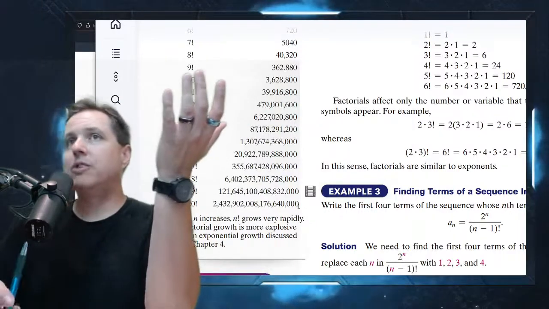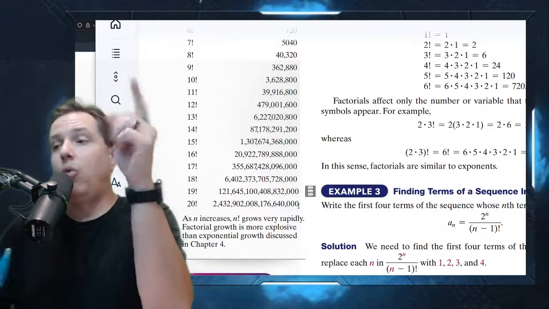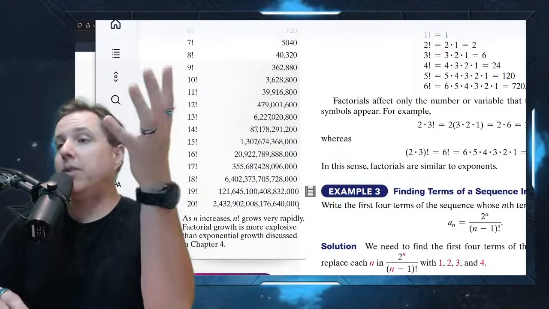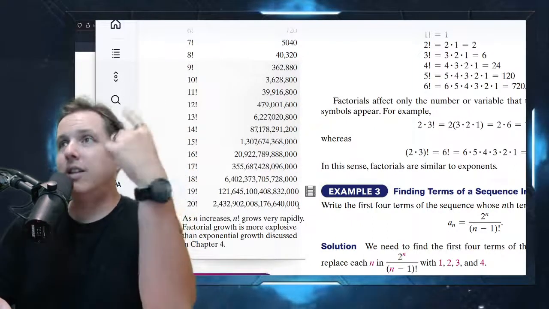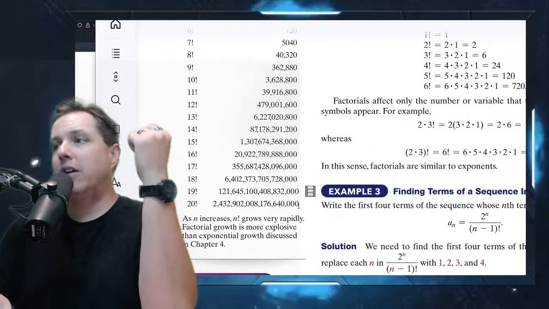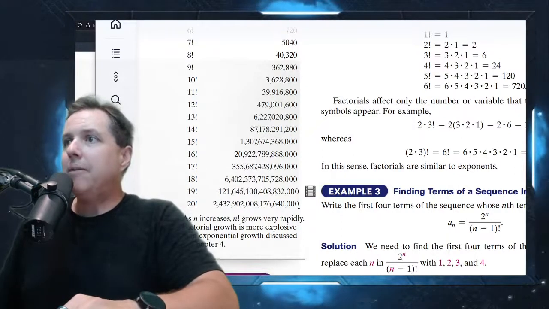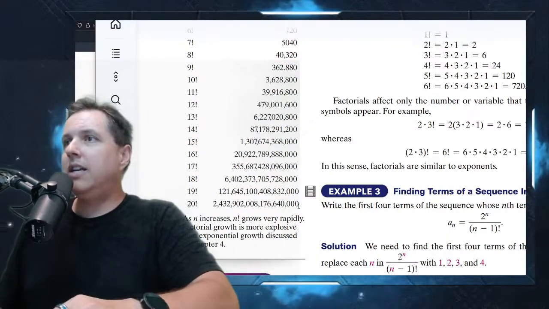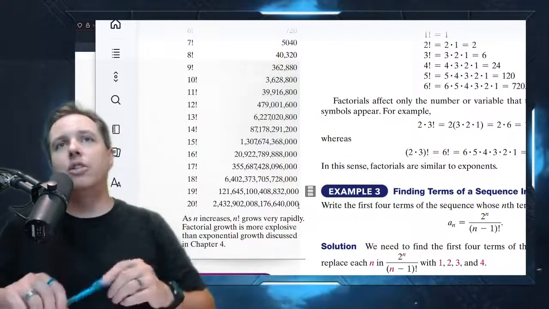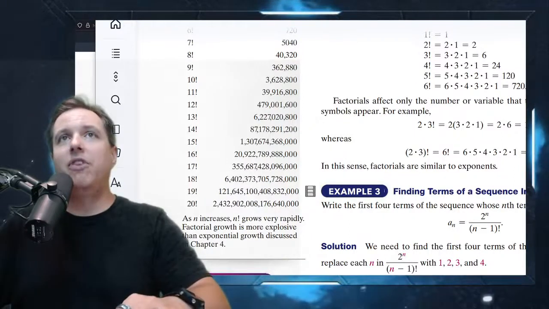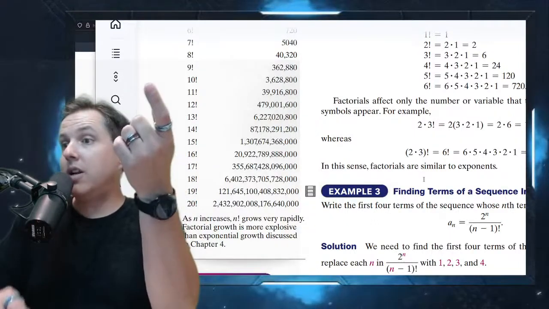My area of research in grad school was combinatorics. I did a lot with graph theory, and I would work on stuff where they would blow up at this kind of rate, which makes it hard even for a computer to do. You have computers running these programs for you, but a lot of times if you have factorials in there, you sit there and you calculate, okay, at this rate, my calculations will be finished in 10,000 years. Okay, well, that's not going to work, right? So factorials can be problematic in that way, that they get very, very big very quickly, and it doesn't take them very long to get too big, even for a computer to not be able to compute them a lot of times.